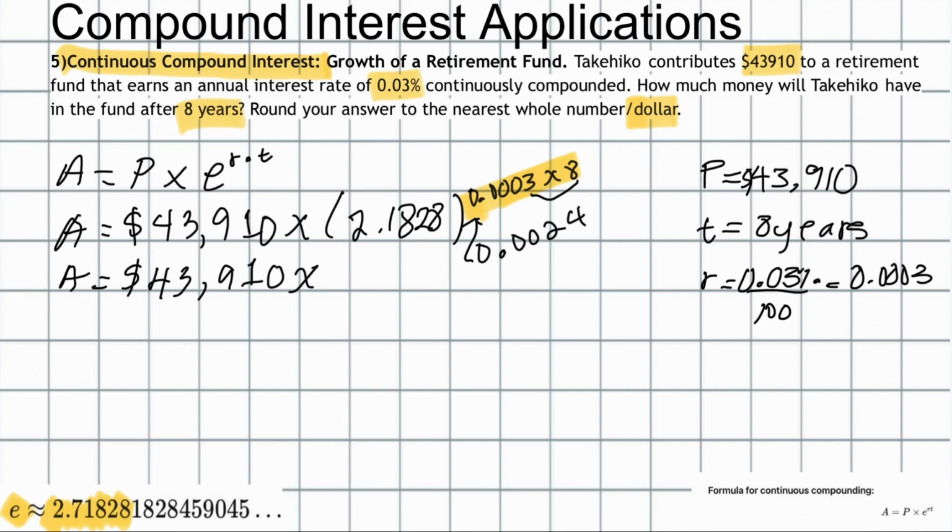Then we put the exponent arrow facing up in your scientific calculator, depending on how modern it is. So we place it here, we put 0.0024, and the value is going to be